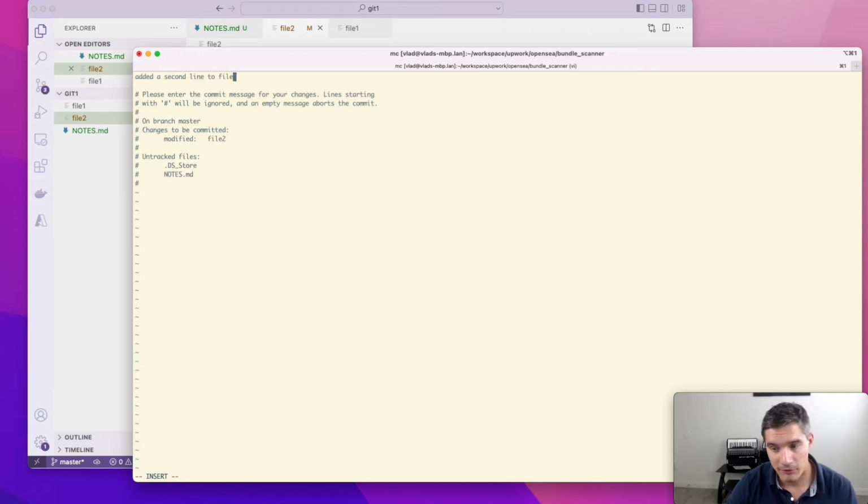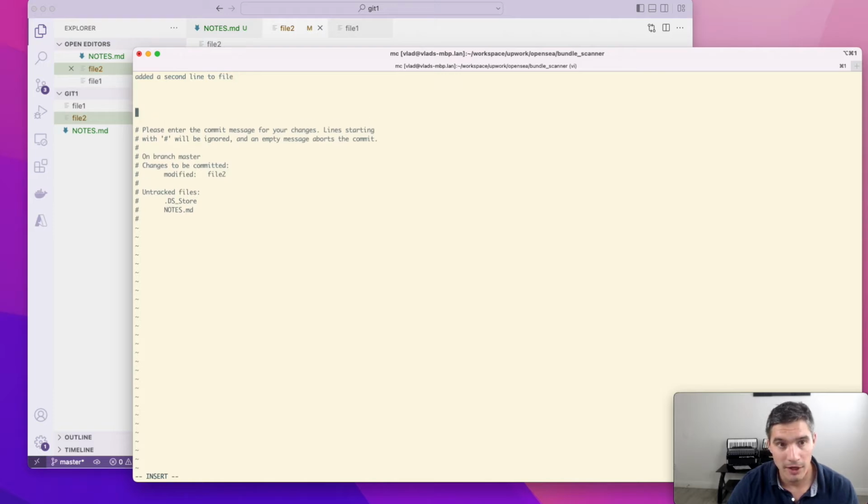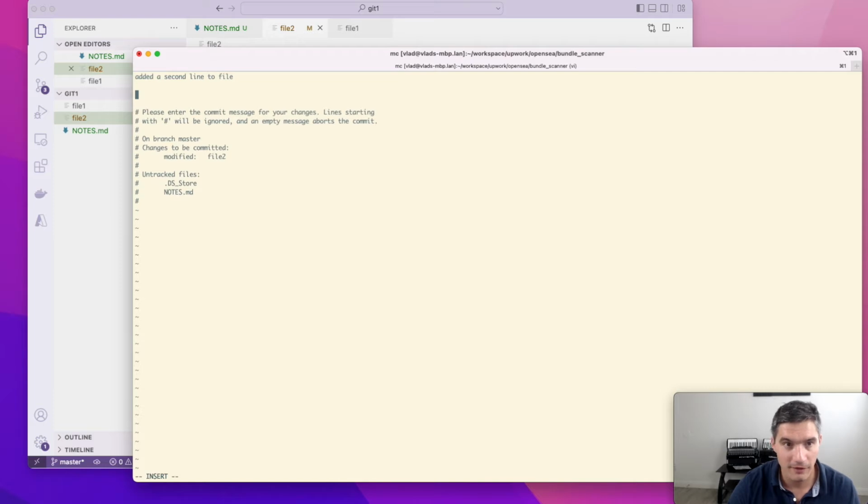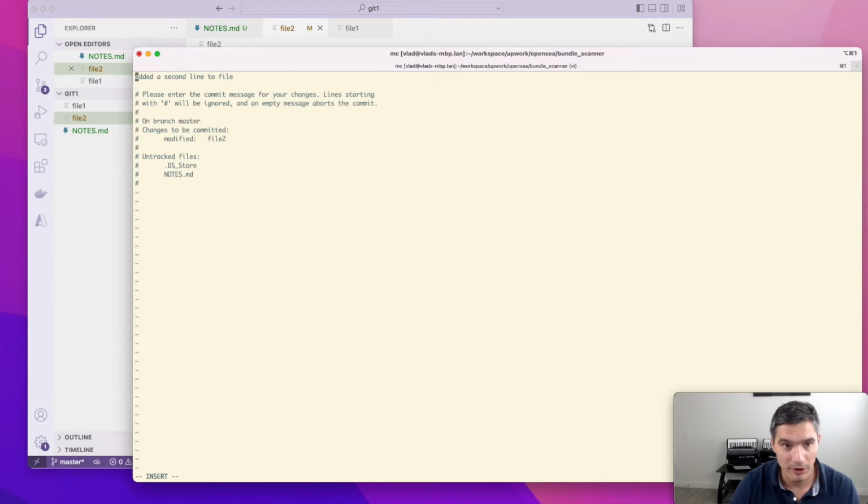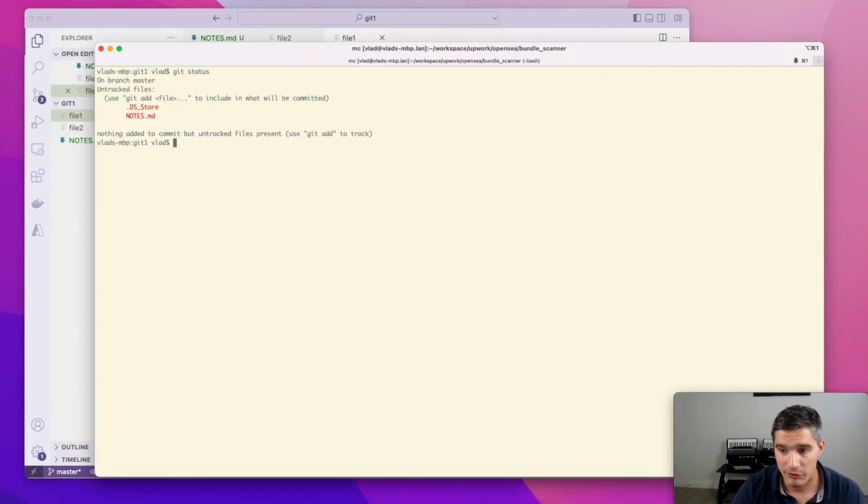The advantage of opening the editor is that you can write a lot more than just a sentence in an inline message. So if you're working on a complex algorithm or something that needs more explanation, you can open this editor, and once you're done, you hit escape, colon, and WQ. That's the Vim editor. The way in which Git determines which editor to open is through a config property named